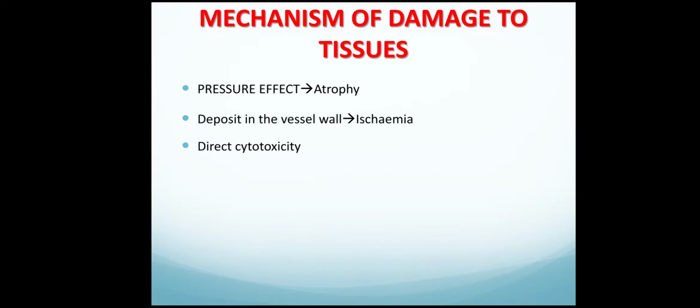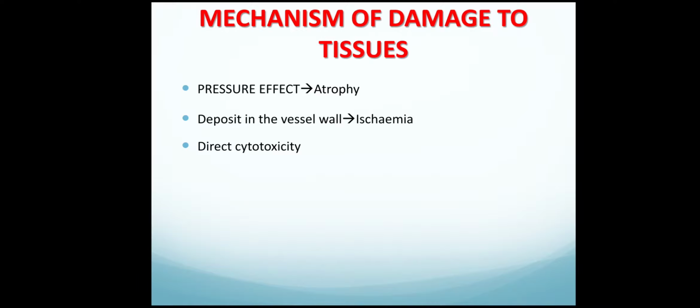So, in the last video, I talked regarding the amyloidosis concept, about the mechanism of amyloidosis, and also regarding the various biochemical forms and classification of amyloidosis. Now, in this video, I shall tell you about the primary and secondary amyloidosis and about the various organs that get involved in the amyloidosis.